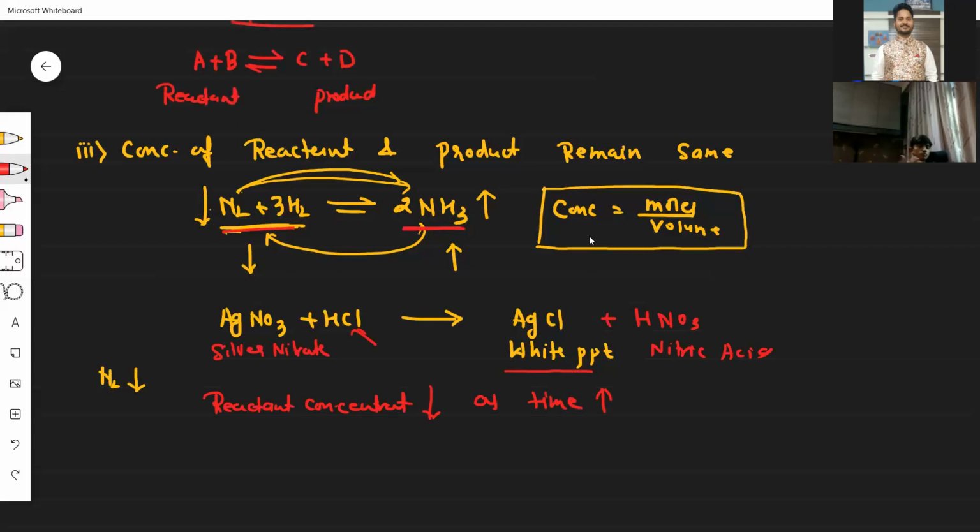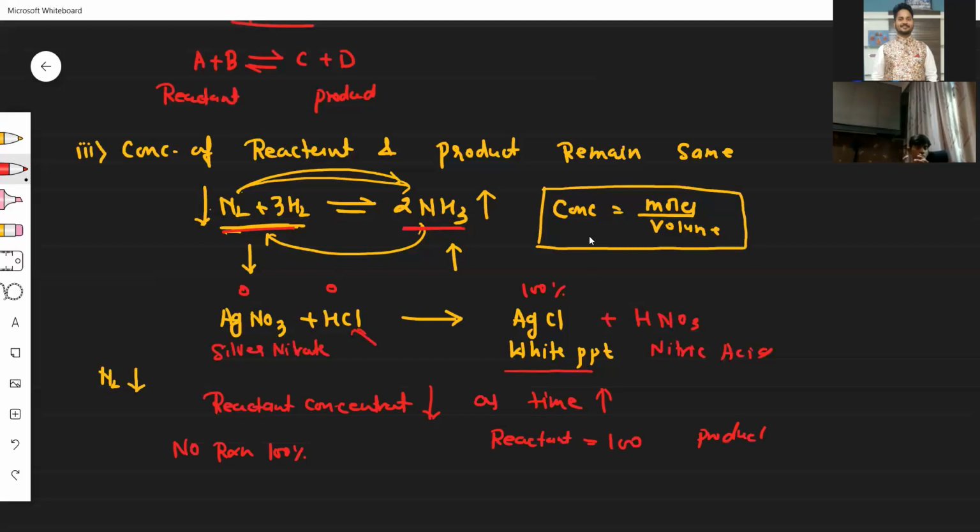because as the time is increasing, the reaction is happening. A time will come when the concentration of this AgNO3 will be zero, and this will also be zero, and the product will be 100%. But it does not happen. There is never 100% conversion. There is no reaction which gives you 100% product. But initially, the concentration of reactant was 100%, and the product was how much? The product was zero at first.